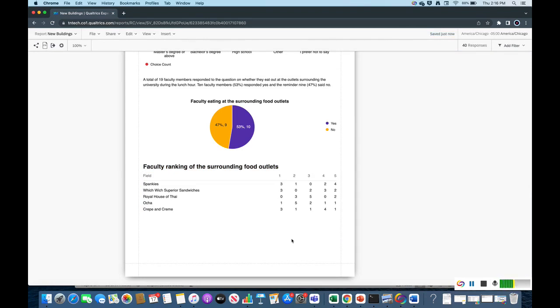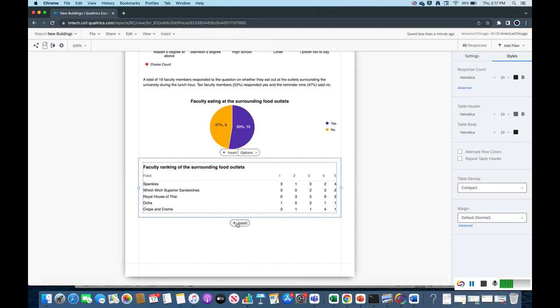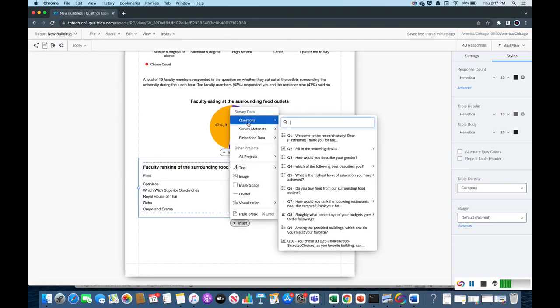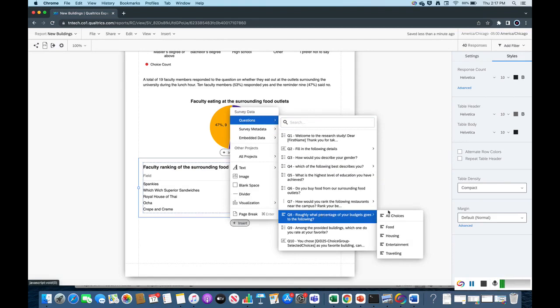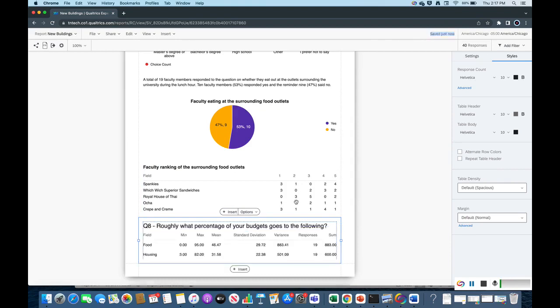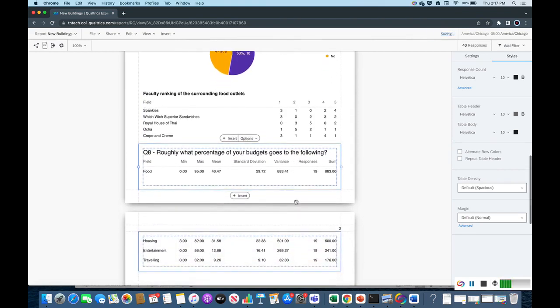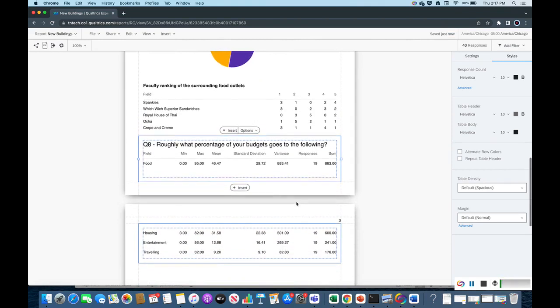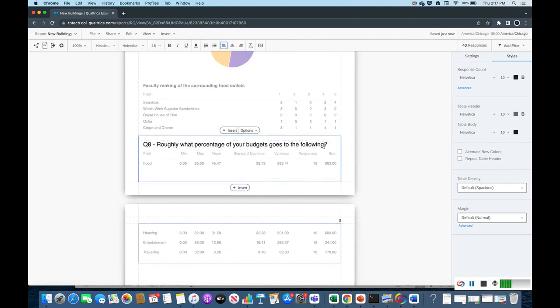And then the next one that we're going to look at, we want to see what percentage of the people's money or income goes to food. And we are going to add in that question, which is question number 8. And we're going to choose all responses. And it provides us with this statistics, which look good. And we are going to maintain this statistic table, and we just are going to rename this table to budget distribution by percent,